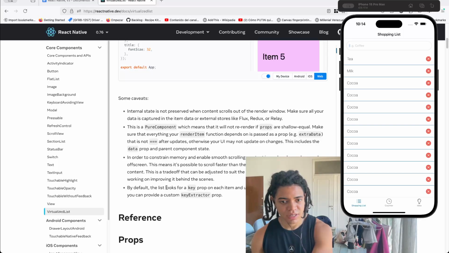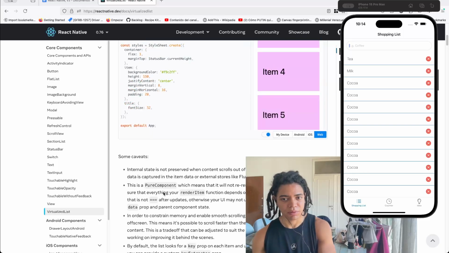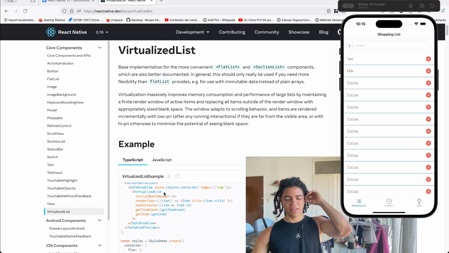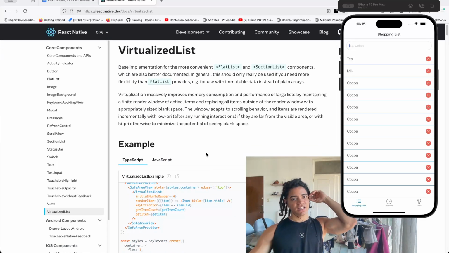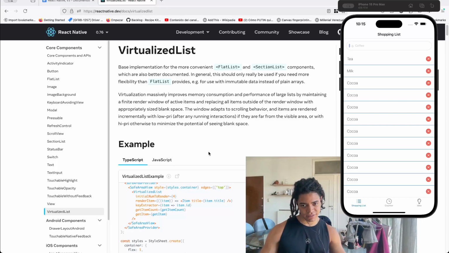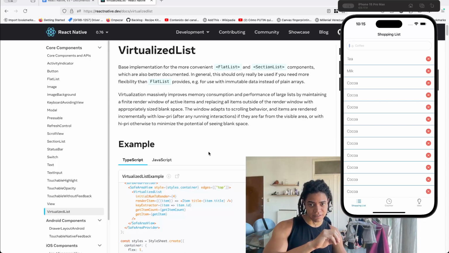By default, the list looks for a key prop on each item and uses the React key. Alternatively, you can provide a custom key extractor prop. But again, the idea of this is, since FlatList is a specific use case of the VirtualizedList, which is a